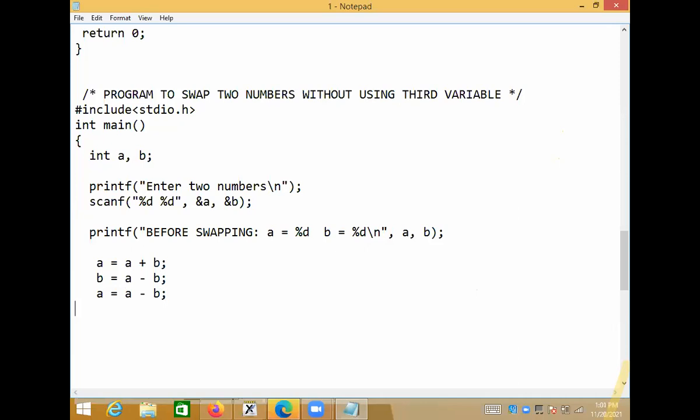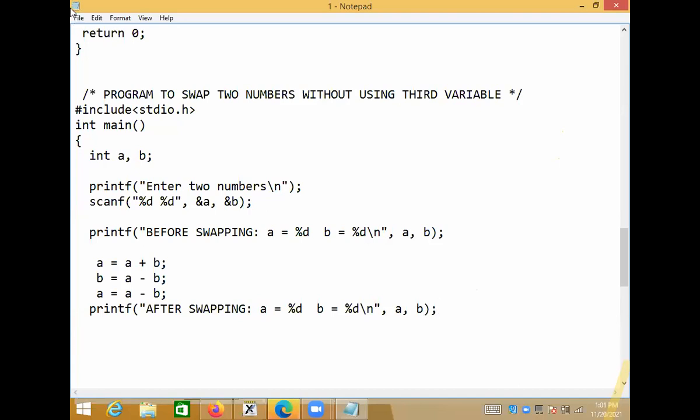After swapping, again we'll print the numbers. Say printf, then write after swapping, then I'm printing the values. a is equals to percentage d, then b is equals to percentage d, then say new line, double quotes close, comma, where from a comma b it should print, close.